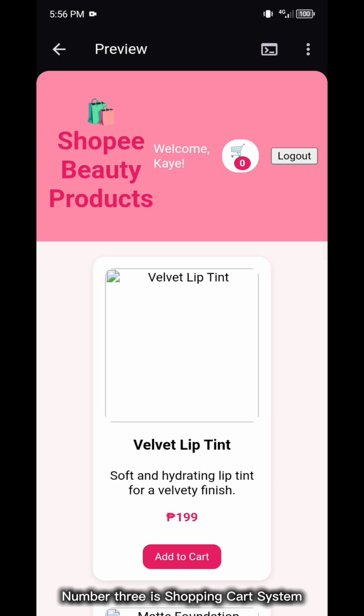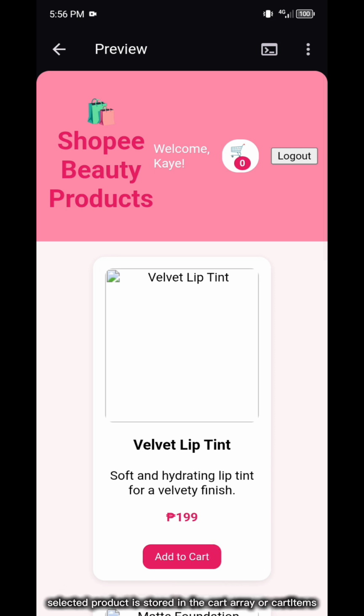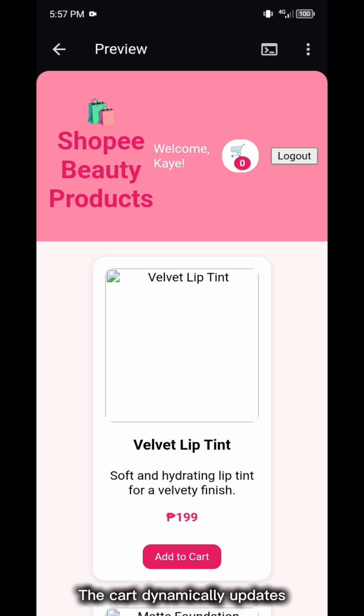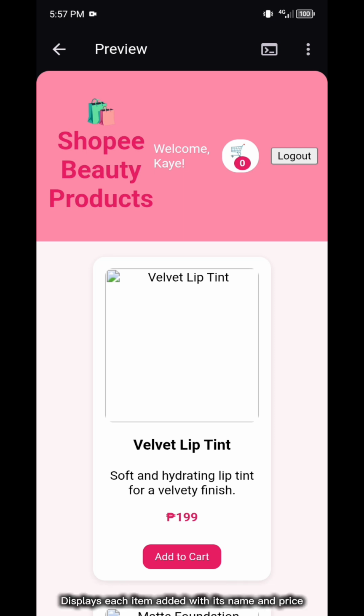Number 3 is the shopping cart system. When a user clicks add to cart, the selected product is stored in the cart array or cart items. The cart dynamically updates, displays each item added with its name and price.